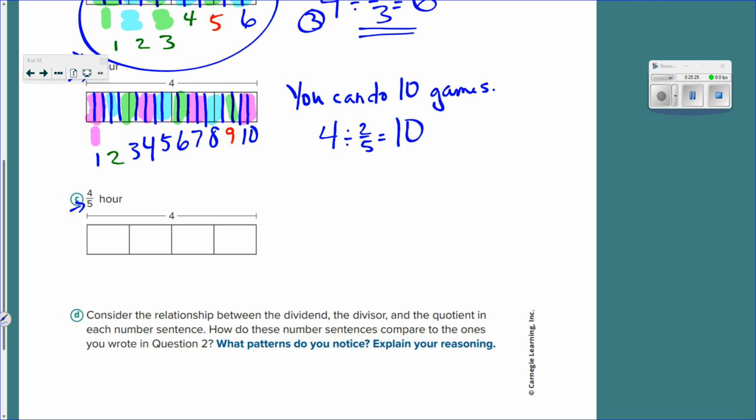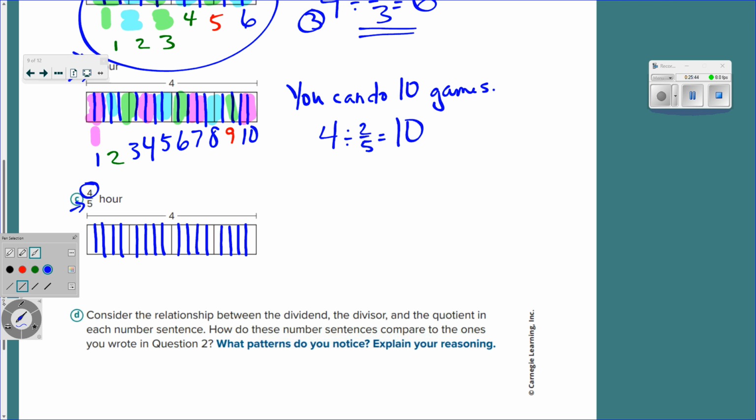So we're doing that same deal. I'm still cutting it into fifths. But now, how many makes one group? 4 of them. So now, as I'm looking at my groups, I need 4 in order to make one whole group. Then I do another 4 for my second group. Then I do another 4 for my third group. My next 4 gets me to my